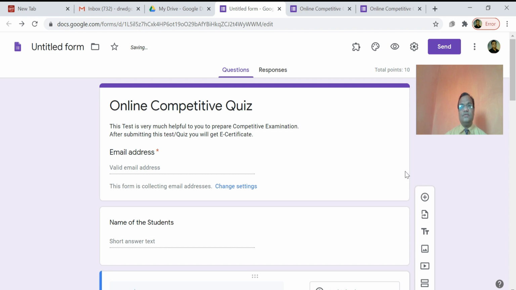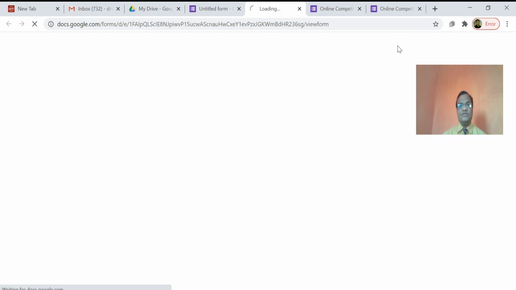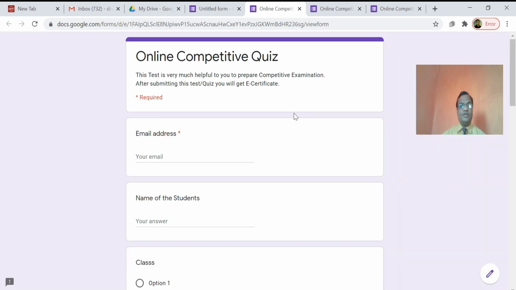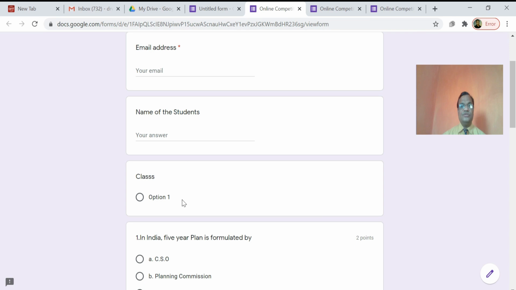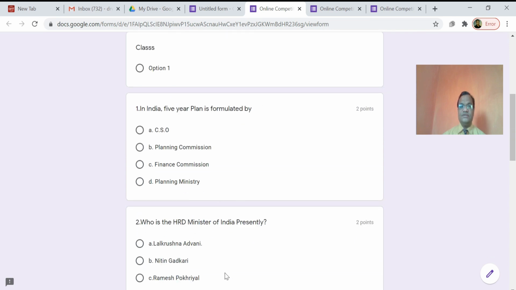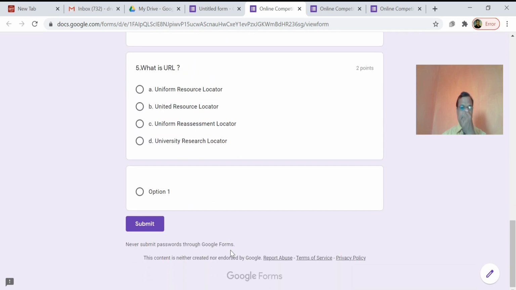One thing I want to tell you: when you are making anything in Google Forms, there is no need to save it, no need for Control S. The system automatically saves all these files. Now you can see email address, name of the student, class, and after that the quiz starts.